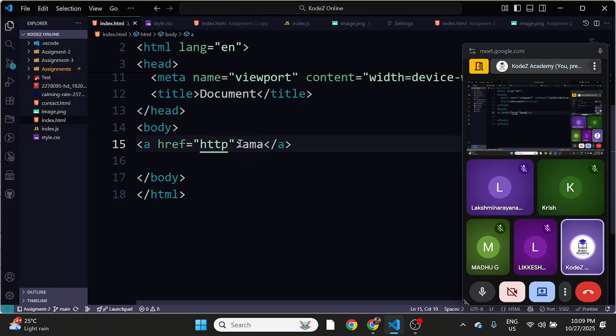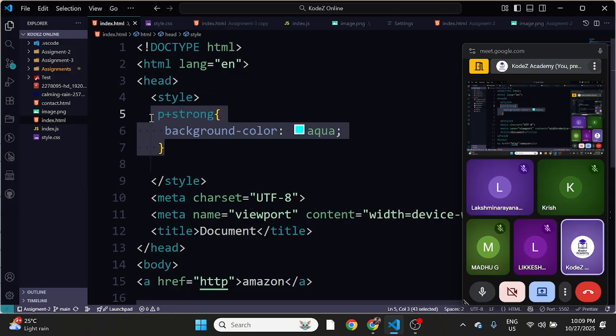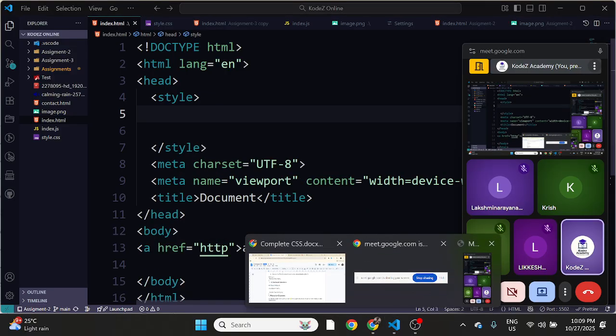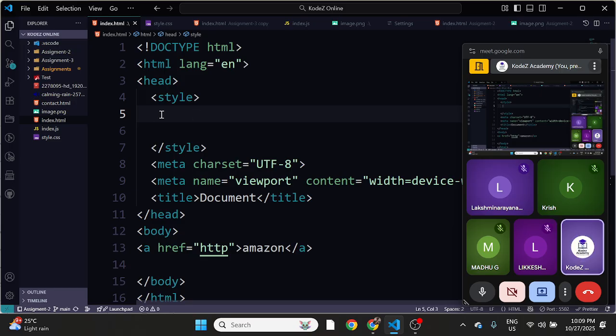I am giving Amazon. Inside the styling, you can use this attribute selector here. There are some more symbols, but this one is important, so I'm telling you this one. So you can target it like this: a